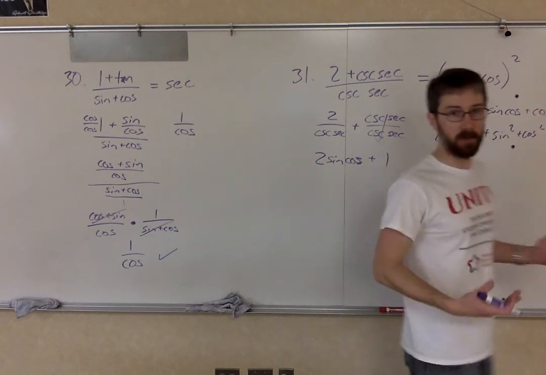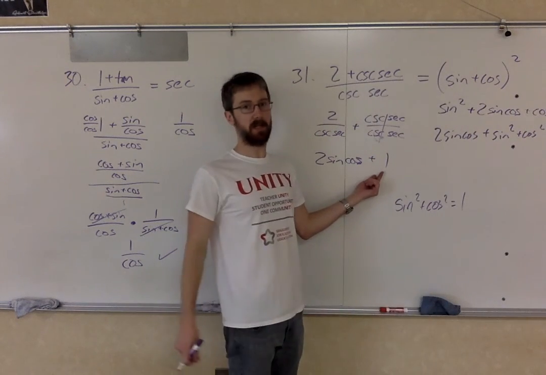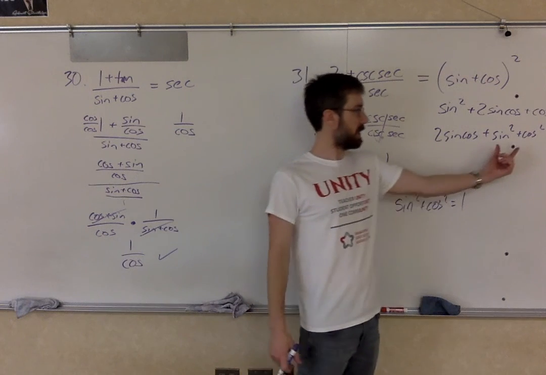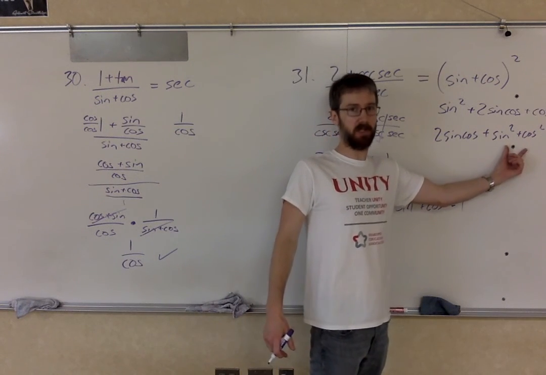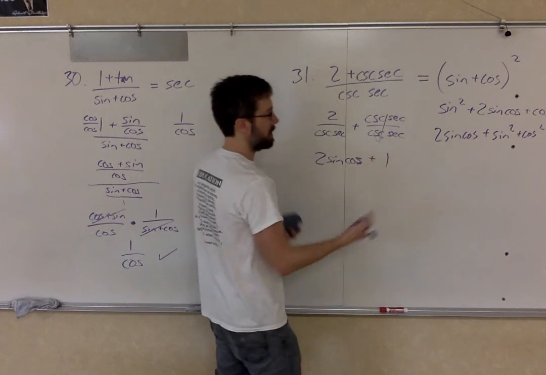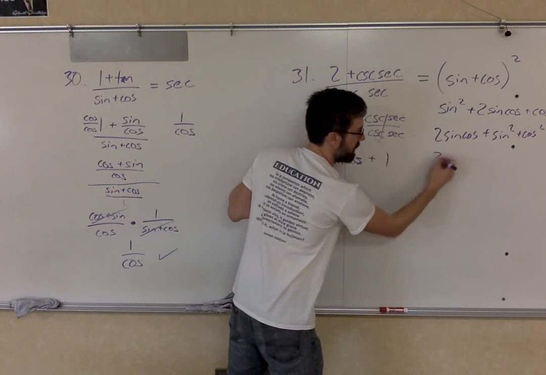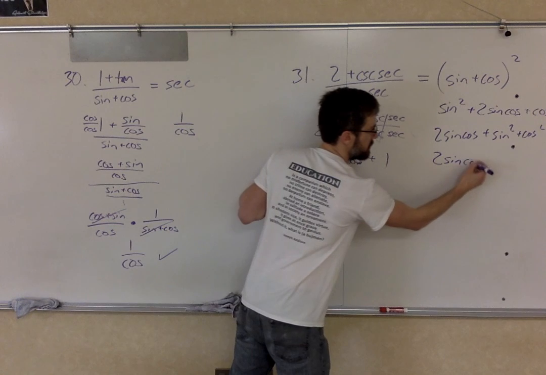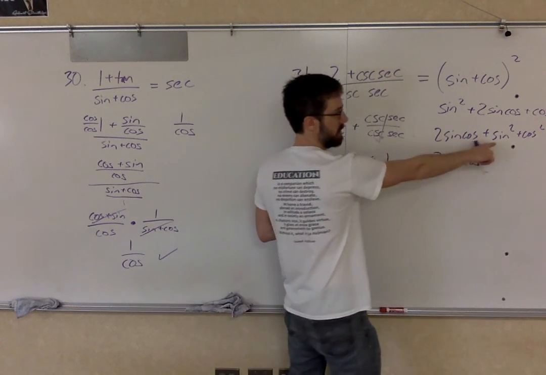So what I can do is I can either change this 1 to sine squared plus cosine squared, or I can change this sine squared plus cosine squared to 1 using the Pythagorean identity. I guess it would be less work to write the 1. I'll do this side, change sine squared plus cosine